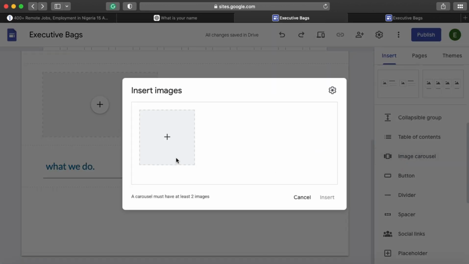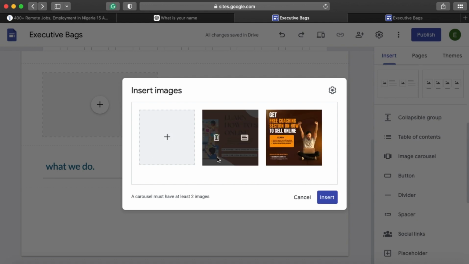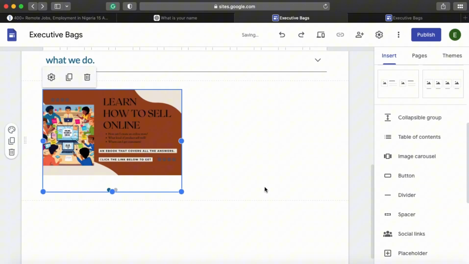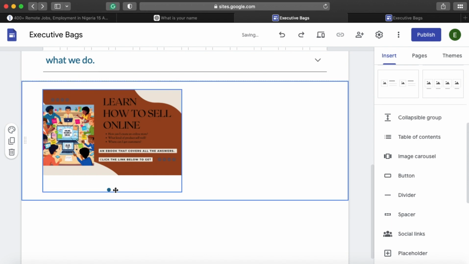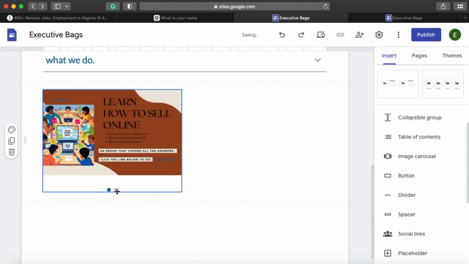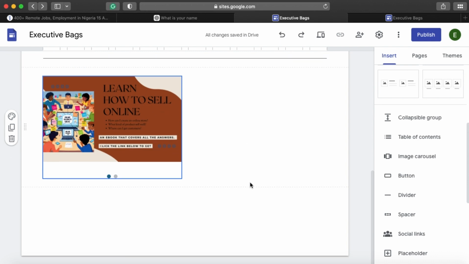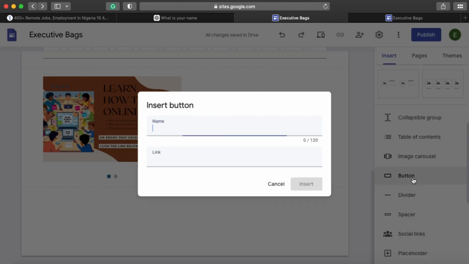So here is a carousel. Sorry, I can't pronounce it. This place you can put multiple images, and it slides on its own. If anyone visits your website, it just keeps on moving, just like a slide on its own. So you can exploit it. Also depends on what you are doing. Like I said,